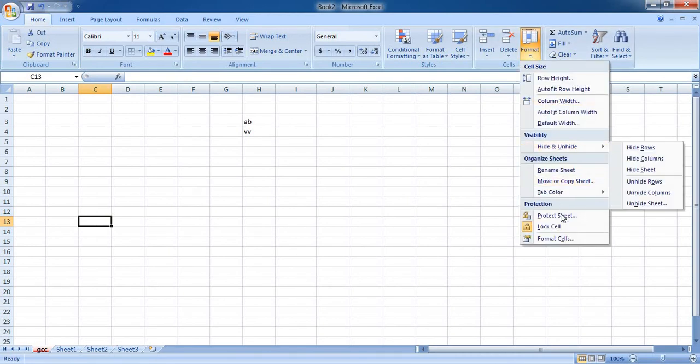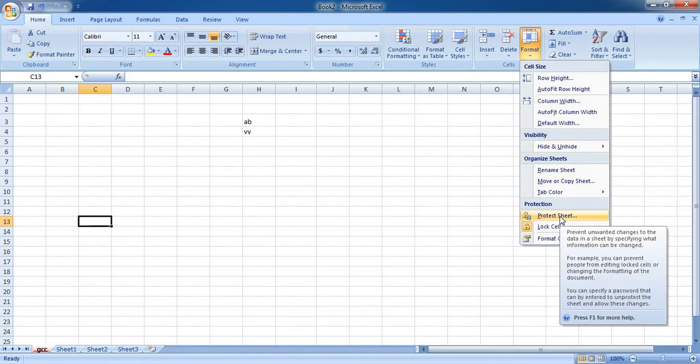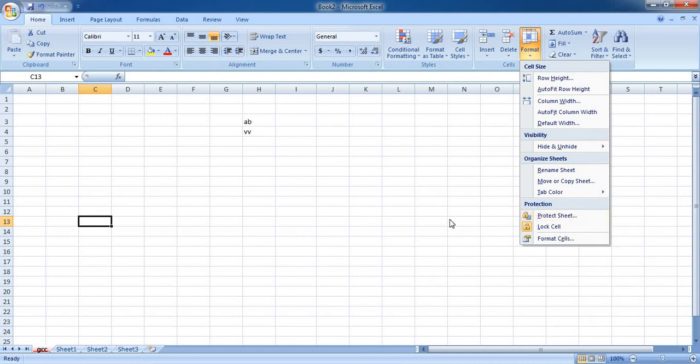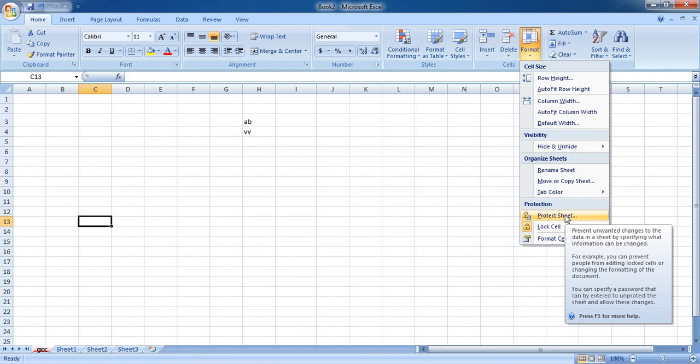The next option we have is protect sheet. Now this is one of the security options available to us. Click on protect sheet. Protect sheet option is used when you don't wish your users to change or delete your contents. When you wish your users only to view what contents you have added and you do not want your users to manipulate your contents available on your worksheet, you can go for protect sheet.